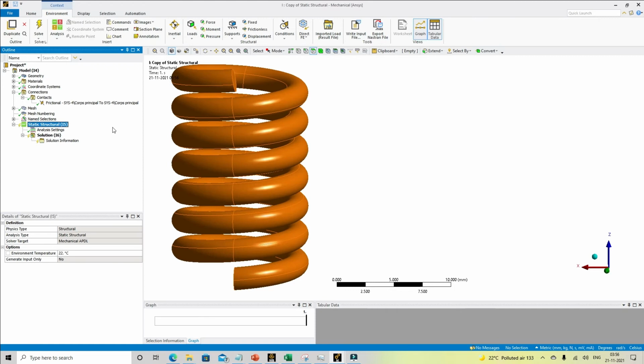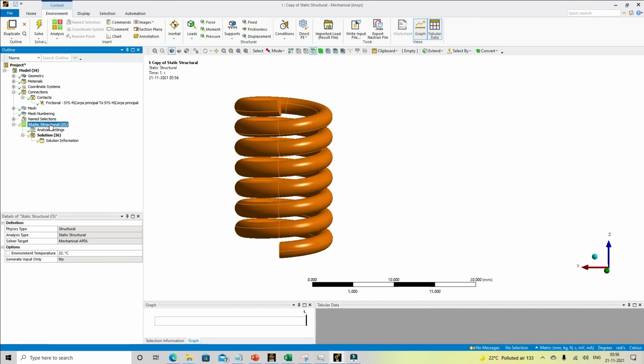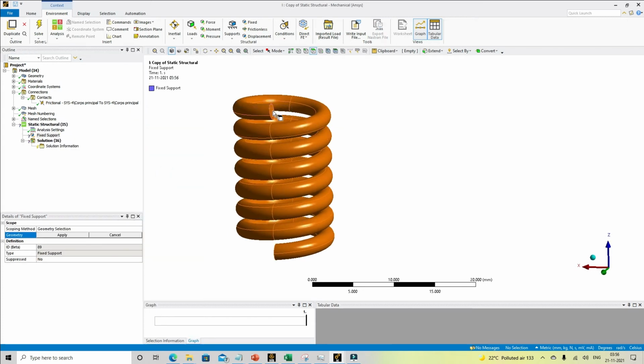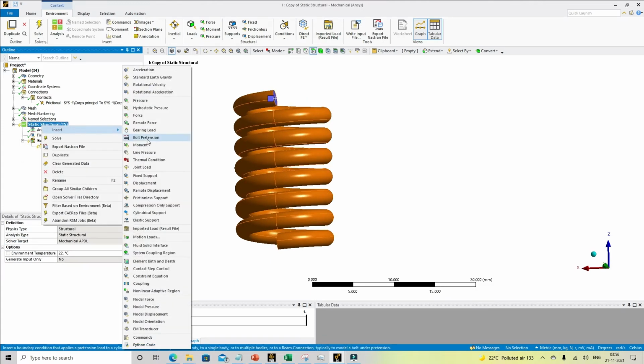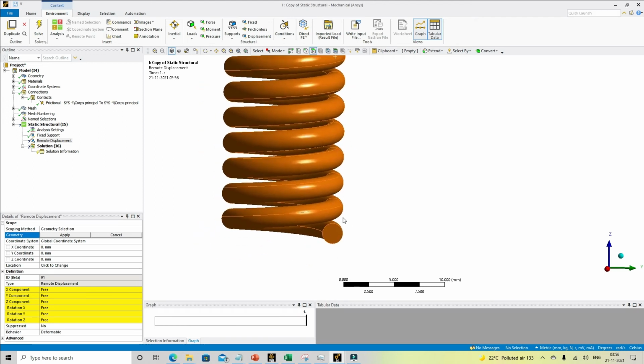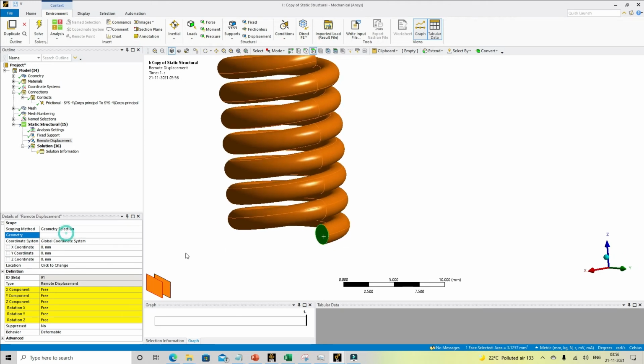Then we will come down to static structural, insert. First, we will apply a fixed constraint at one side of the face. After that, we will use remote displacement. You can also use a remote force, but my suggestion is to use a displacement controlled approach to get a smoother convergence.